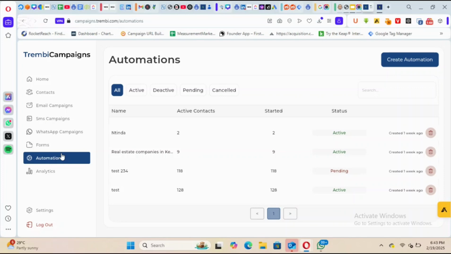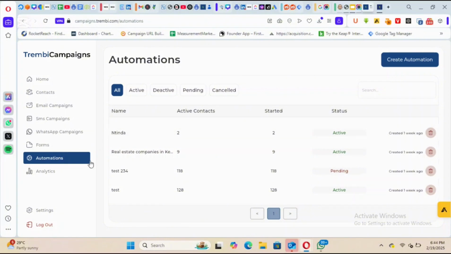For our case, as an example, we have a product called Trembi Campaigns and Trembi Sales AI. The information we send to the Sales AI people and the Trembi Campaigns people are different. The other scenario is where, as an example, you have customers from Nigeria and customers from the UK. It might be Independence Day in Nigeria and not Independence Day in the UK. So that segmentation helps you